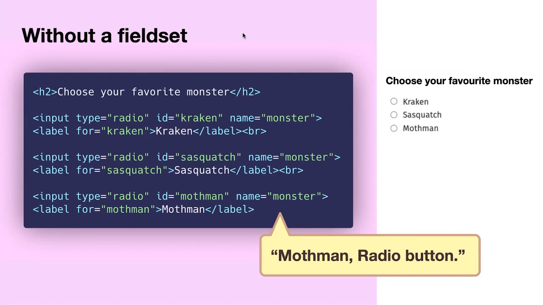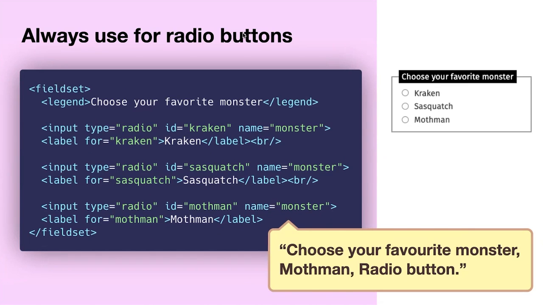And normally, for a field, you would add a label to the field to say this is what the question is, but you can't do that with a radio button because with a radio button, the label is the value, right? So you need a way of grouping all these together. So for radio buttons, you have to use a fieldset. And so you do a fieldset, you add a legend, which is now your title, and then it's exactly the same, right? But the difference is when this is being read out, you're going to hear something like "choose your favorite monster, Mothman, radio button; choose your favorite monster, Kraken, radio button," and so on. So it becomes quite apparent what you're being asked and what your answers are, and it's easy to work with.